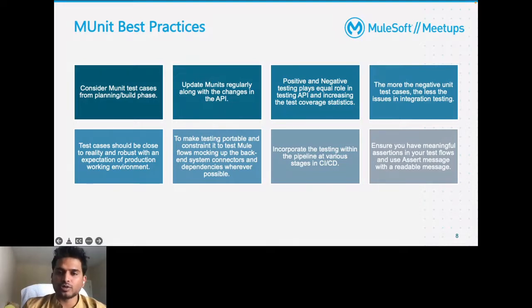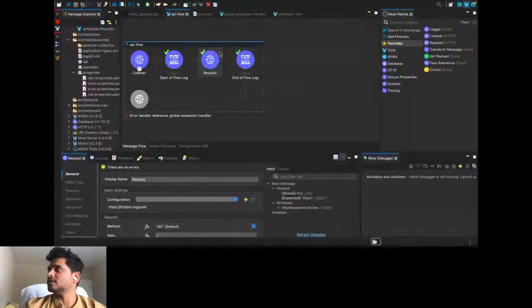And ensure you have meaningful assertions in your test flows and use assert message with a readable message. So what this means is, we have seen the assertion, right? I have put the assert as,